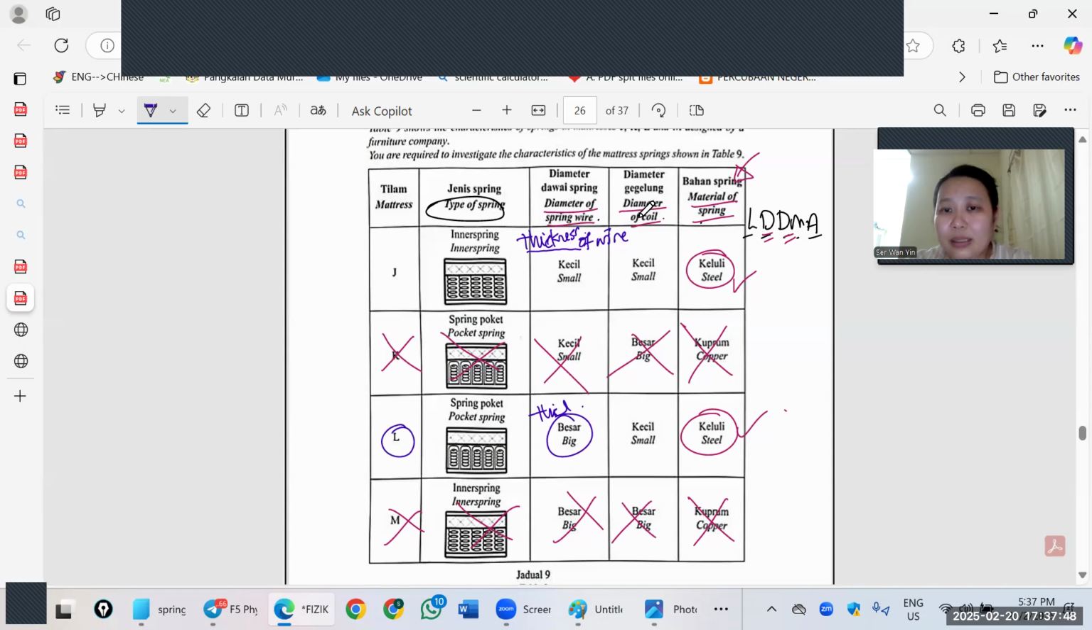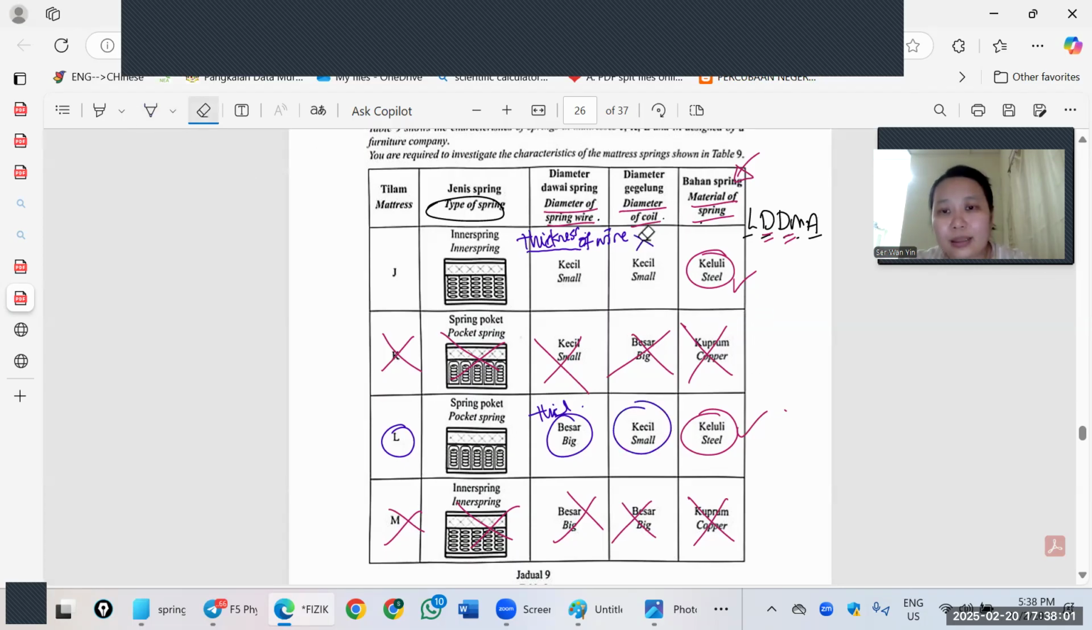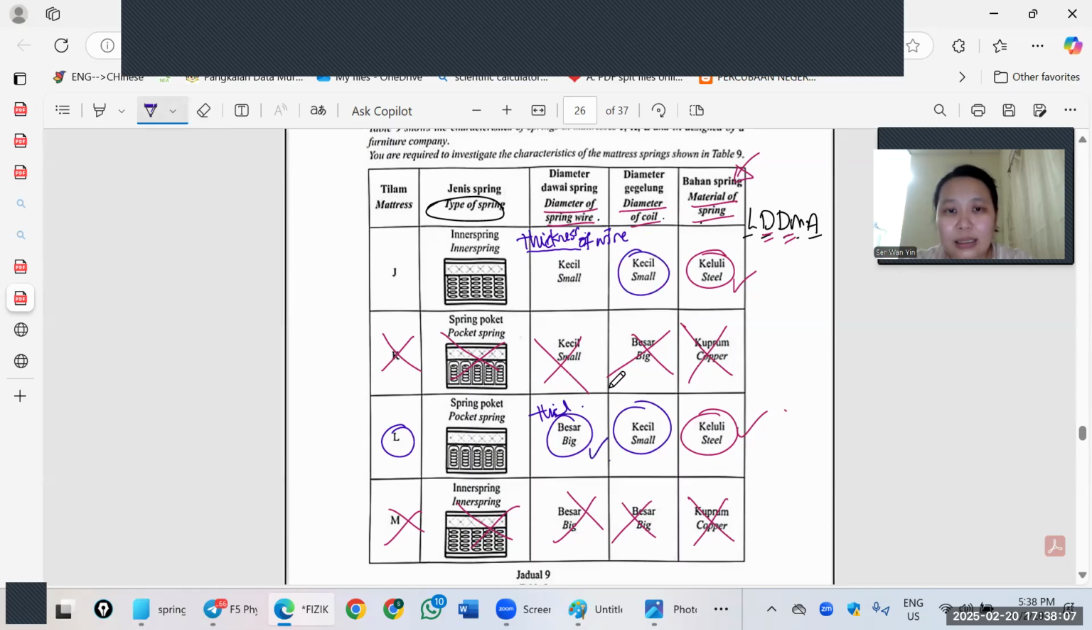Okay. Diameter of spring coil, you remember the slinky spring, the girl dropped it down, very elastic. Big diameter of coil, elastic, we don't want. So we don't want big. So small lah. Then pocket spring is better